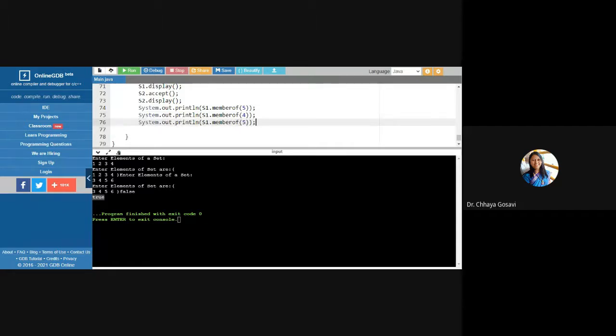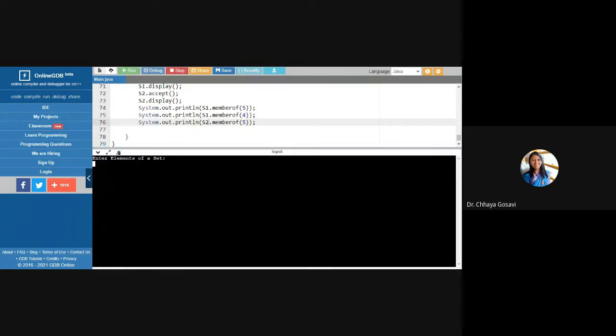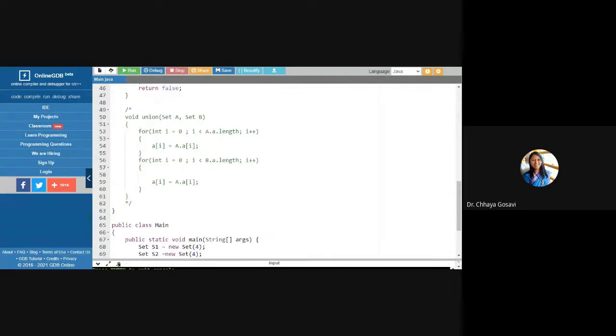If you want to check any other number, for example 5 in set 2, you have to call S2 dot member of, and it will display true. If I give the same input 1, 2, 3, 4 and 3, 4, 5, 6, so 5 is a member of set 2. Now it has displayed true. So the member of function is working fine. So I can use the member of function while adding elements